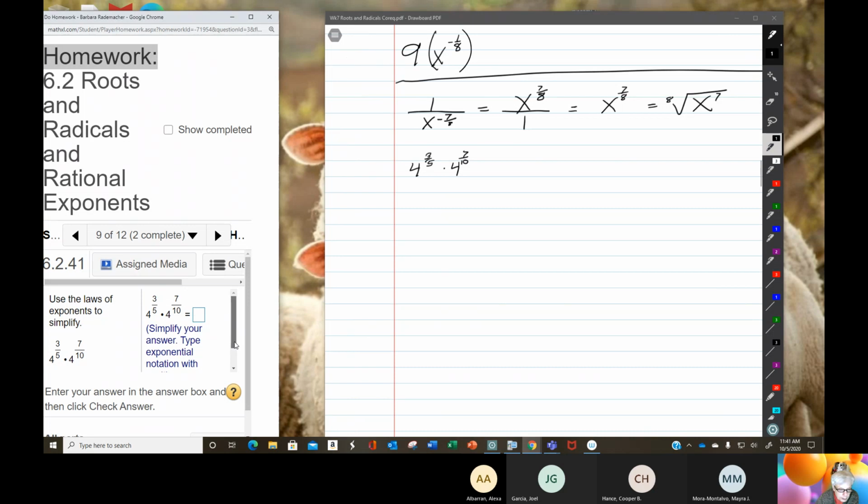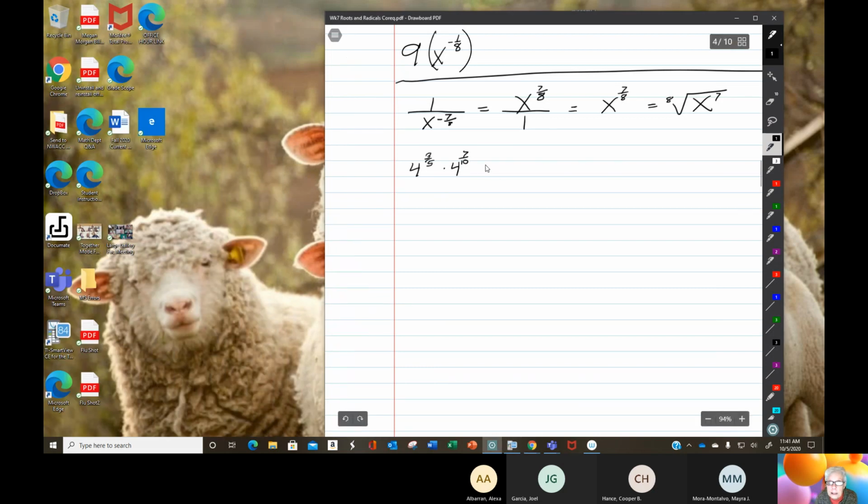Simplify your answer, type exponential notation with positive exponents. In other words, don't solve it. Now, how can you simplify it? Well, never mind. I'm not going to say a word. This is going to be 4 with the base written once, raised to the power 3/5